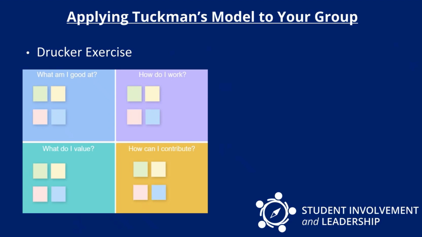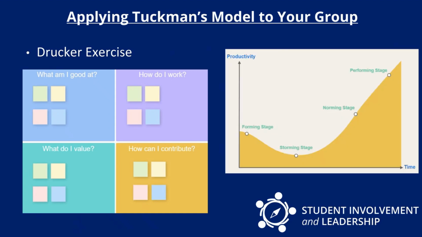conflict resolution. And so just to sum up, Tuckman's model consists of these 5 stages. Adjourning's not on that figure, but it is part of it as well. So you have that initial productivity during the forming stage. You start to have conflict and that productivity decreases. But then as you continue to work on skills like effective listening and conflict resolution, you go to that norming stage and then eventually to that performing stage where the group is doing great and really contributing to your goals.